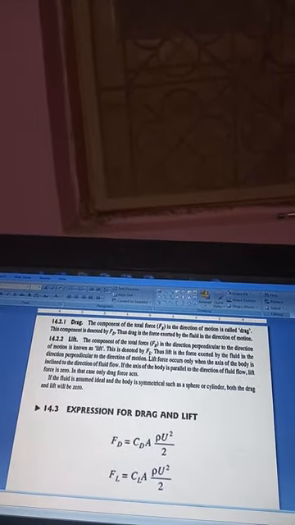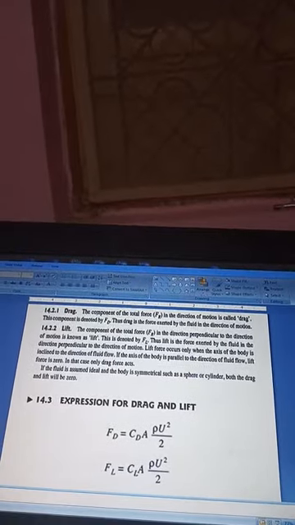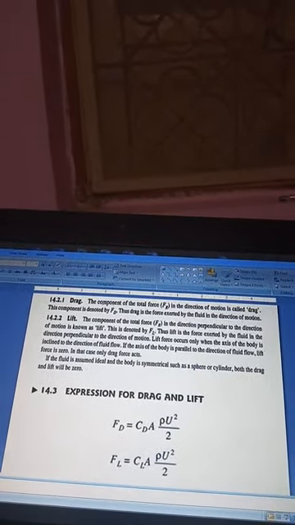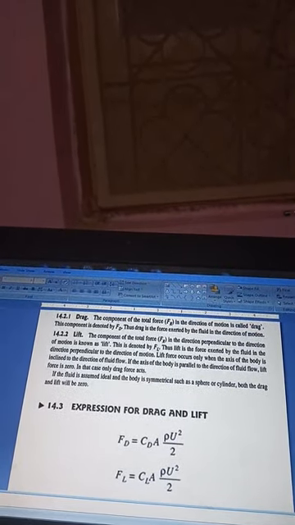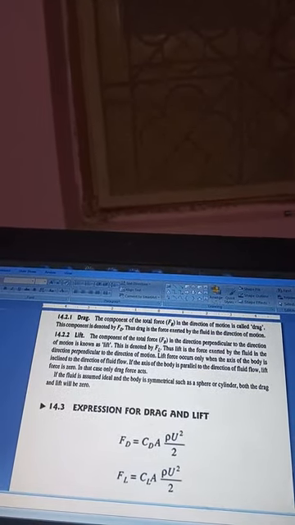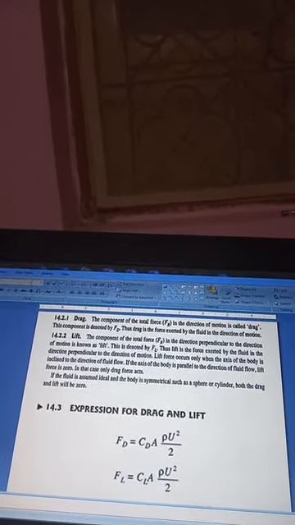Now the question is how to find this drag force and the lift force. There is a very big theory for finding the drag and lift force, where you have to use the momentum equation, that is Newton's second law of motion, as we have studied in Unit 3, fluid dynamics, to calculate the forces. Under that we used Newton's second law of motion, that is nothing but Euler's equation of motion.